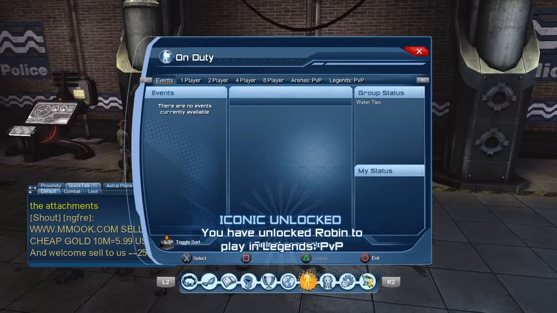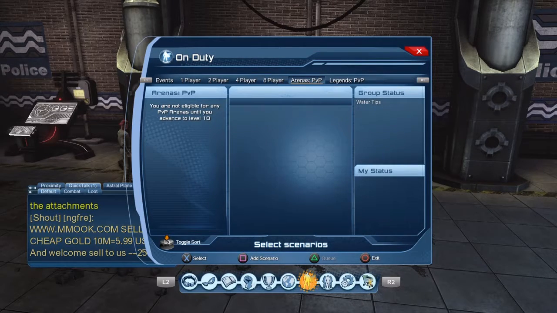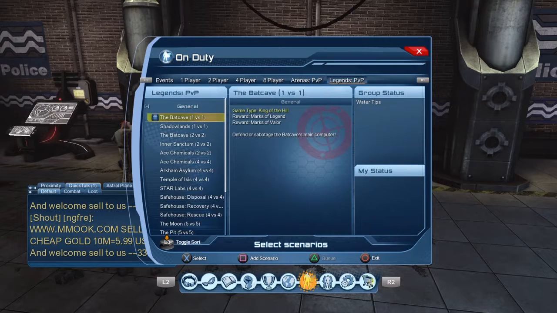You go in here, and you scroll all the way to the right with the R1 button, as opposed to R2 and L2. These scroll for these little maps. You go all the way to area PvP or Legends PvP. And when you select one to be able to play, you push square to access this and turn it on,